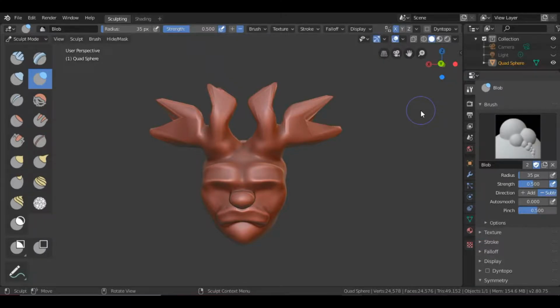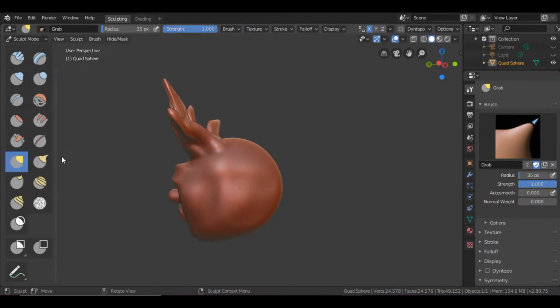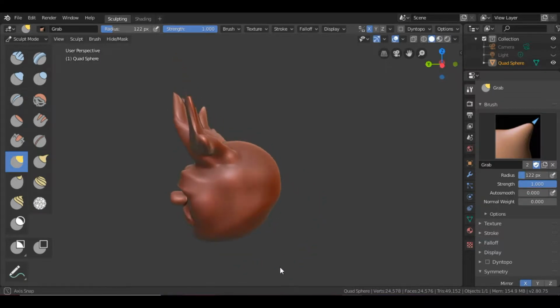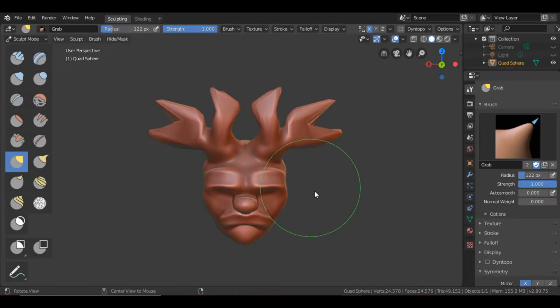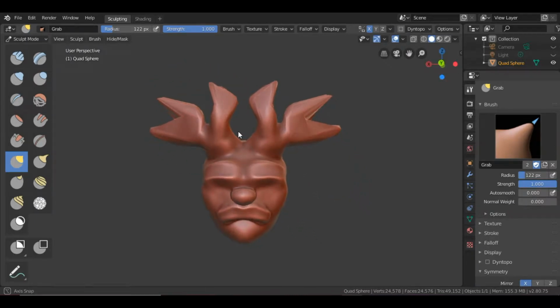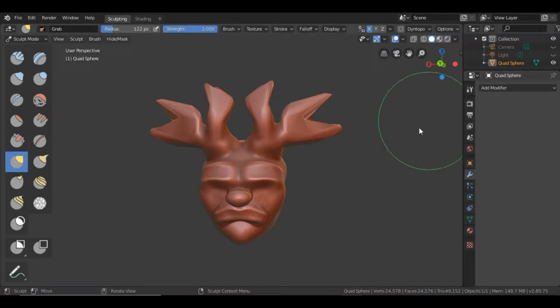So welcome back to this Blender how to sculpt beginners tutorial, and in this part I want to continue from where we left off. I want to organize this object a little bit more, and what I want to show you guys in this part of the tutorial is two different ways of sculpting in Blender. So the first one I want to be showing you guys is this very one, by clicking the sculpt mode